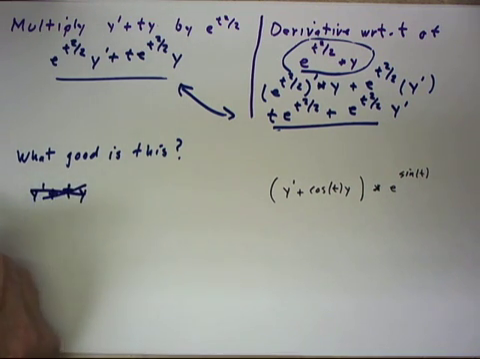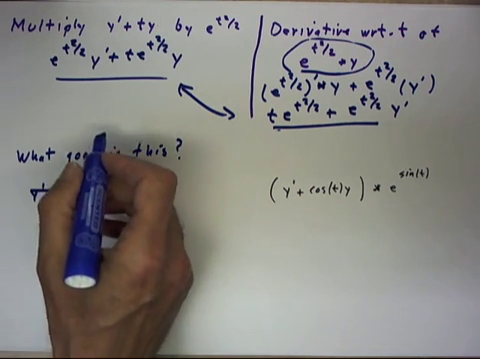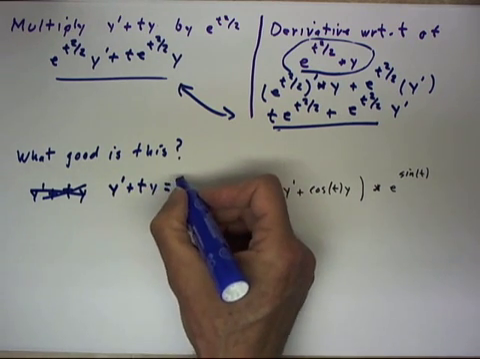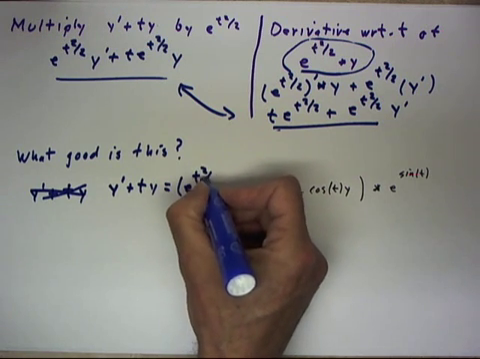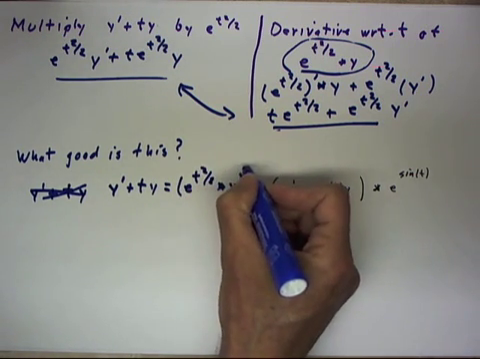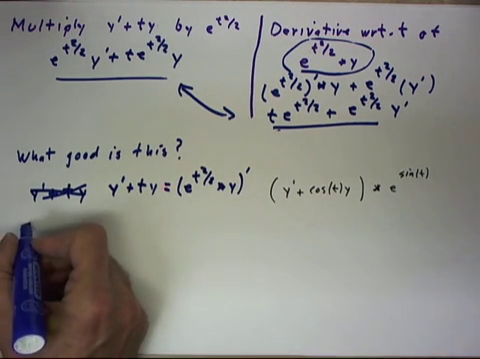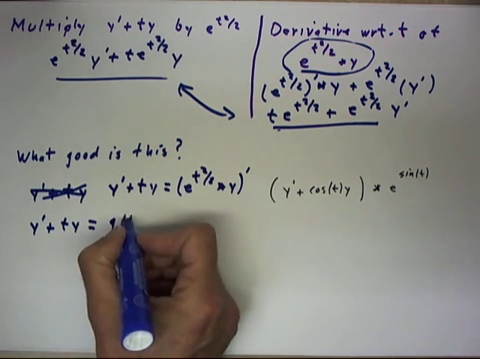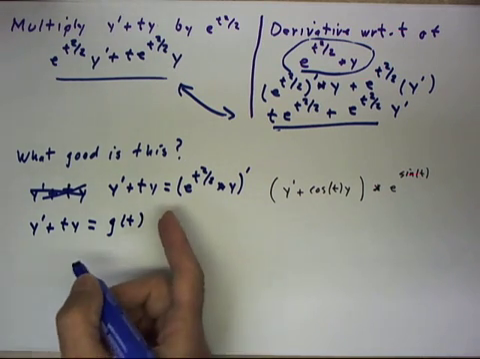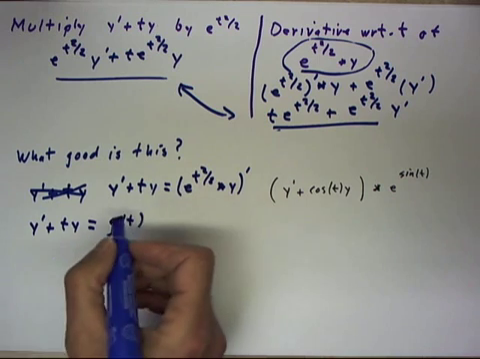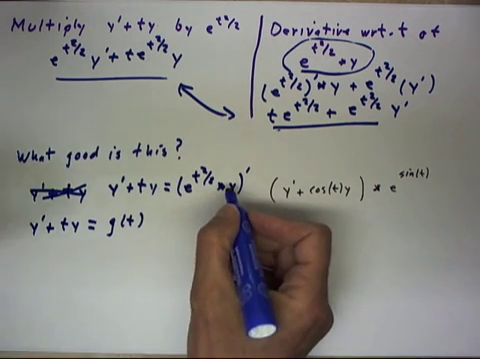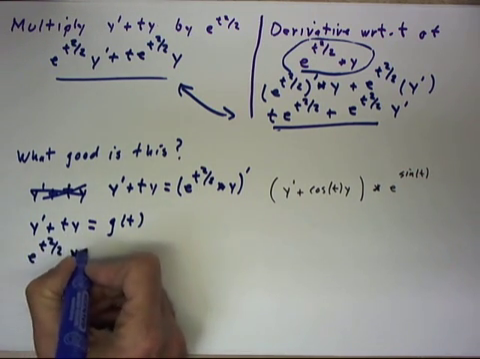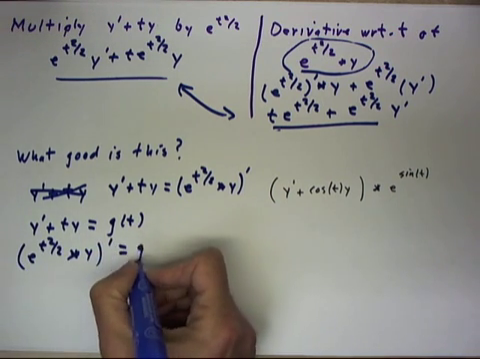and I'm sorry, that's not the equation. If we had the equation y prime plus ty equals any function, let's just call it g of t for right now, this means that this side is the derivative of this function, so that this says that the derivative of e to the t squared over 2 times y equals g of t,